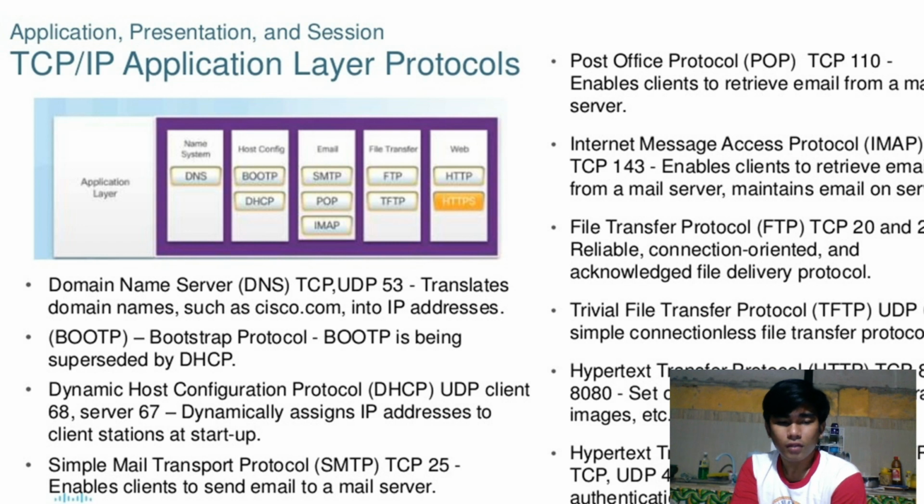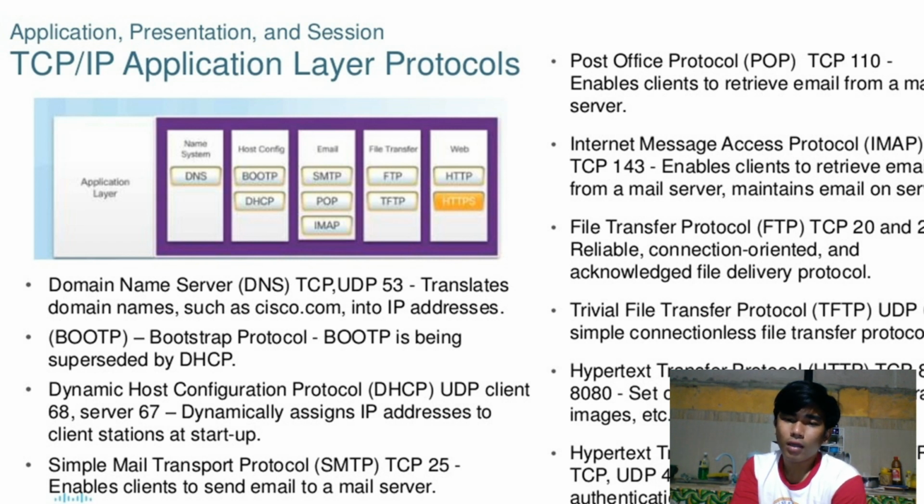The Simple Mail Transfer Protocol, or SMTP, TCP 25, enables clients to send email to an email server. Post Office Protocol, or POP, TCP 110, enables clients to retrieve email from a mail server. Internet Message Access Protocol, IMAP, TCP 143, enables clients to retrieve email from a mail server and maintains email on the server. File Transfer Protocol, or FTP,